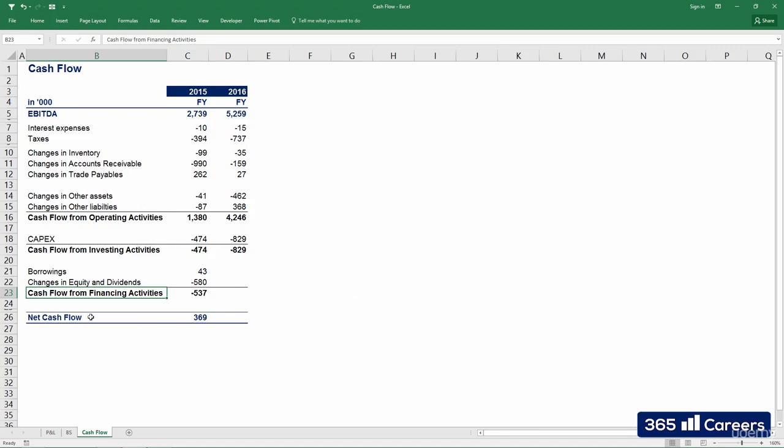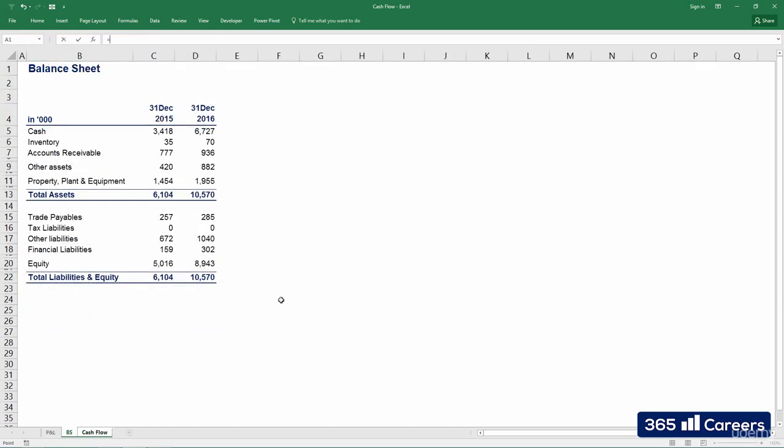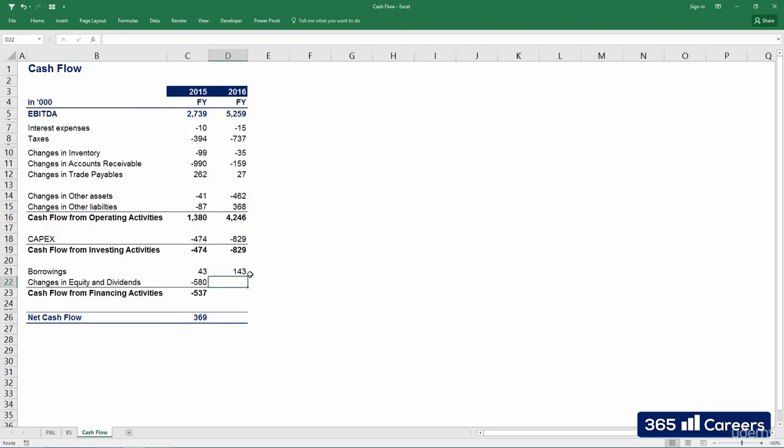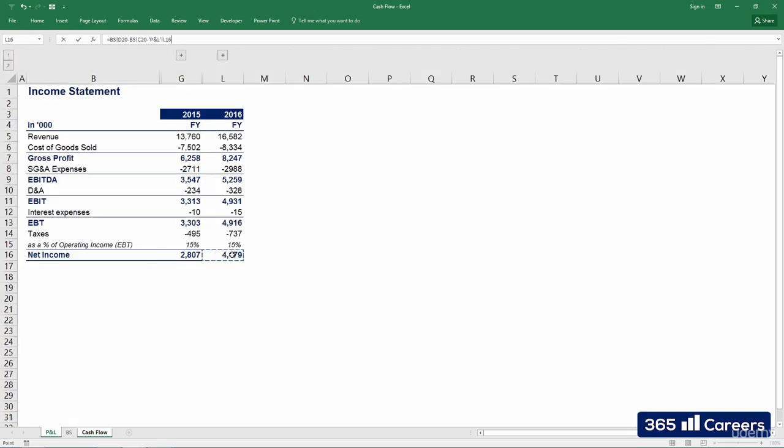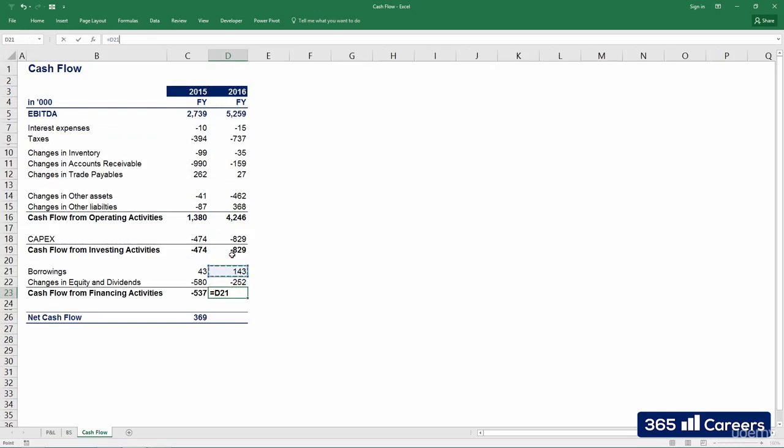The last bit that we're missing is cash flow from financing activities. The company we're looking at increased its debt in the current year and paid dividends to its shareholders. These are the two items that must be considered here. Debt is a liability. It increased, so we got money coming in. This is a positive cash flow. Dividend payments are an item that decreases equity. We can subtract this year's equity from last year's equity and subtract net income to obtain the company's changes in equity and dividends. This gives us cash flow from financing activities,